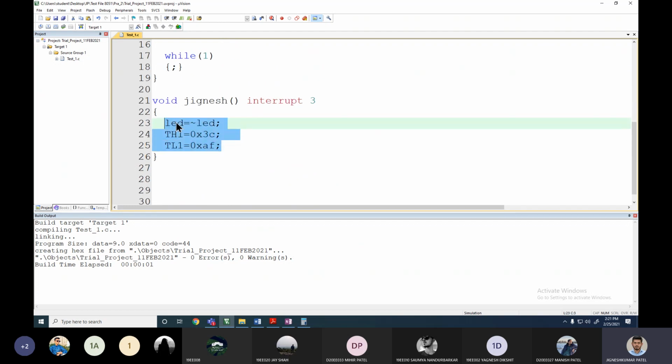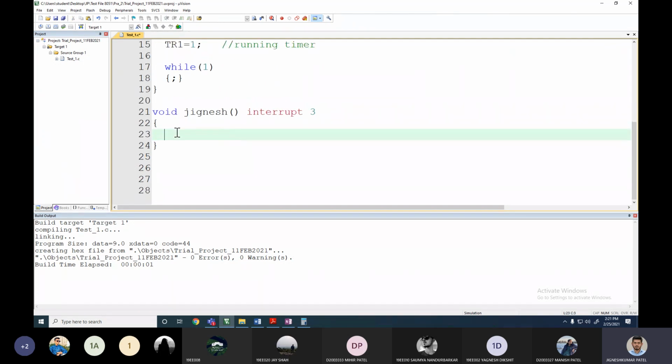And when 50,000 is completed, it will come here. Now what I want to do, I wanted it to run for 40 times. So what I can do is, I can check by using one additional counter. Using that counter, I can check whether it has done it 40 times or not. Each time it comes here, I'll increment that counter. So I can have a counter named I. So I is equal to I plus 1. I start with I equal to 0